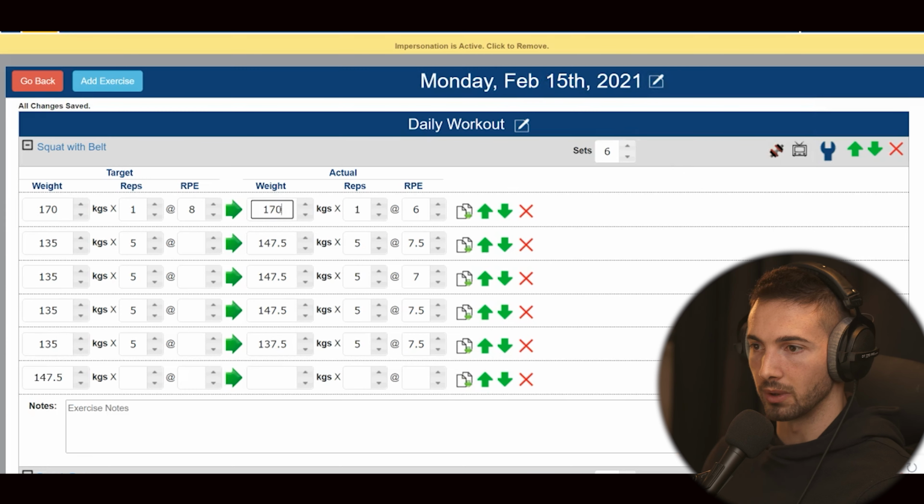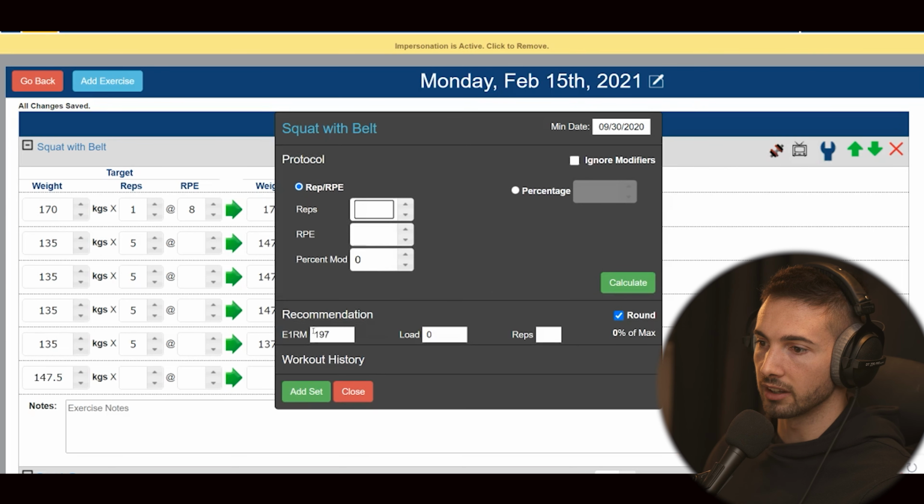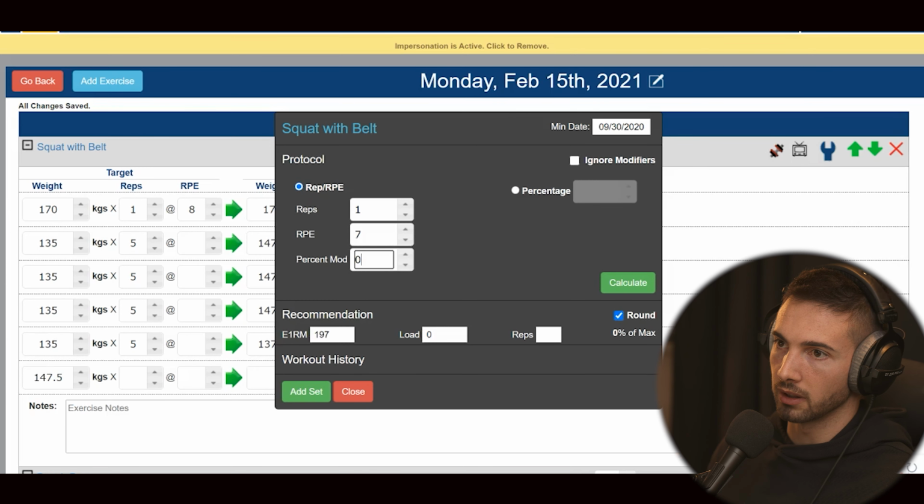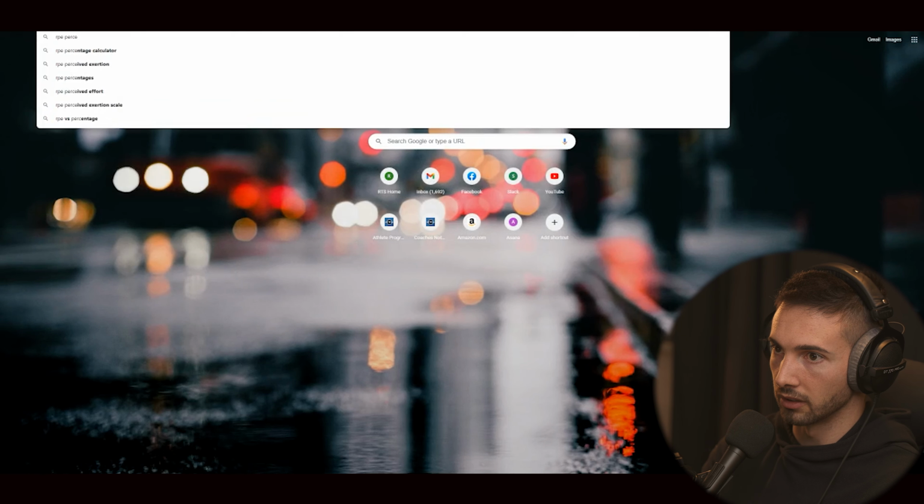But what happens if you move into week Monday the 15th, and maybe you're having a down week. Maybe it's your third week, and your stress is accumulating, and your body's kind of in that stage of adapting. What weight do you aim for now? Well, in this case, given that the estimated max has changed, you can use the workout planner, single out of 7. And by the way, this percentage that is drawing from this calculation, this is literally just the RPE percentage chart